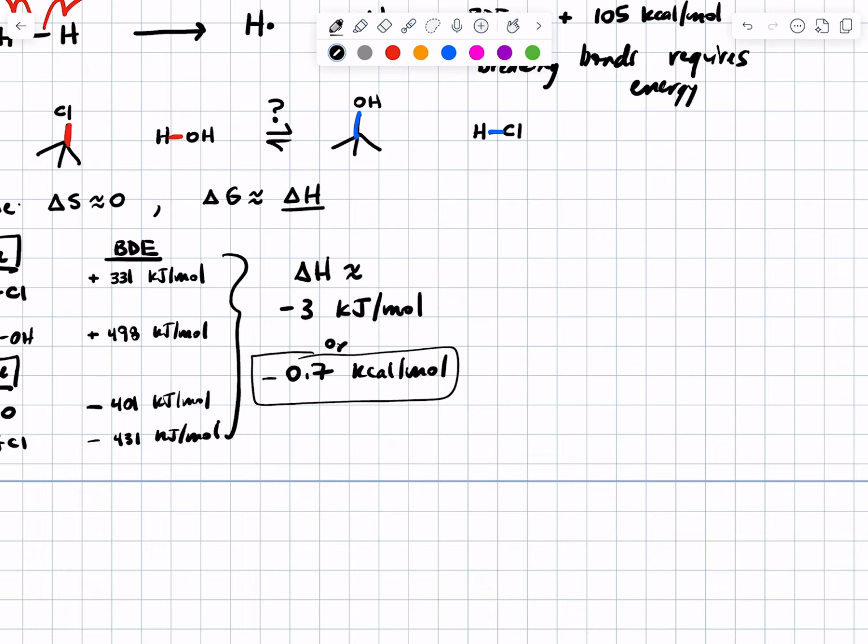It's not particularly important, but it's kind of useful to know. A difference of 1.4 kilocalories per mole in free energy equals a factor of 10